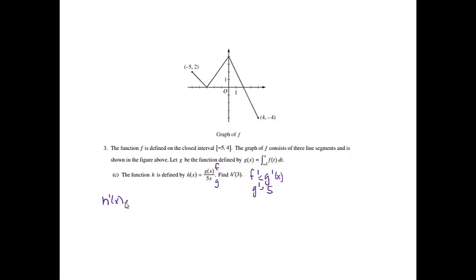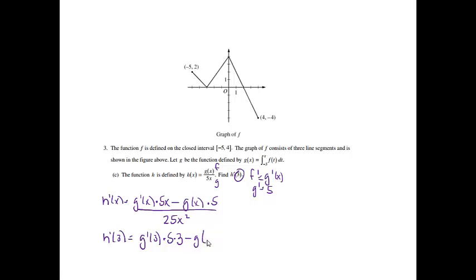So h prime of x will equal f prime times g, so g prime of x times 5x, minus f times g prime, so g of x times 5, all over g squared, which will be 25x squared. Don't forget that you have to square the 5 and the x. All right, so now we want to find the derivative at 3. So now I'm just going to plug 3 in for all of my x's. So g prime of 3 times 5 times 3 minus g of 3 times 5 all over 25 times 3